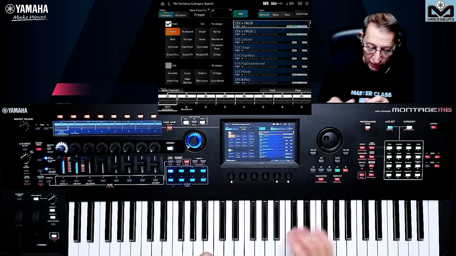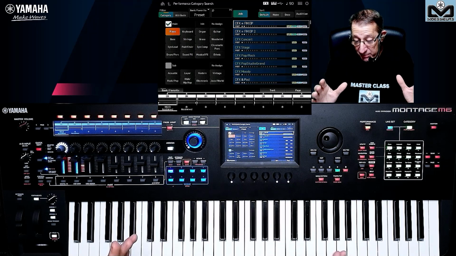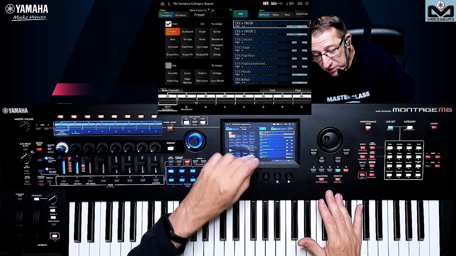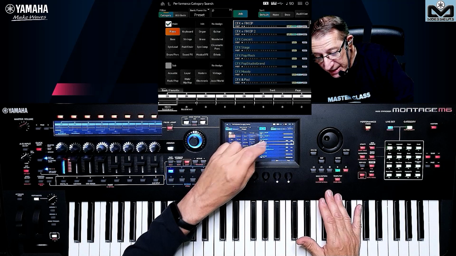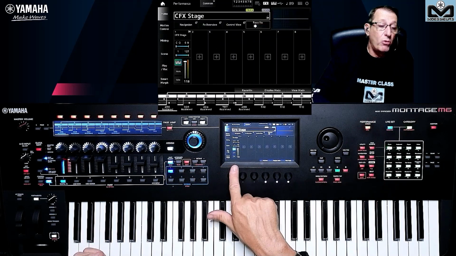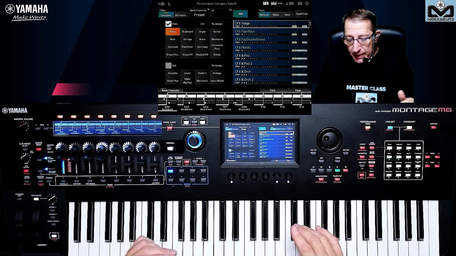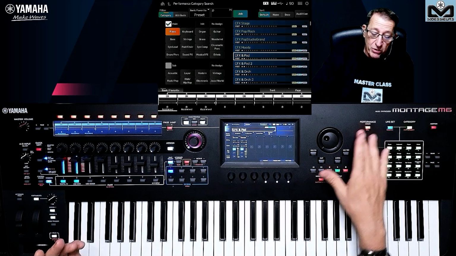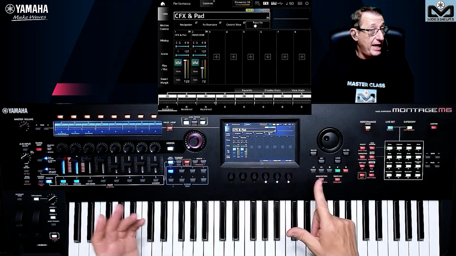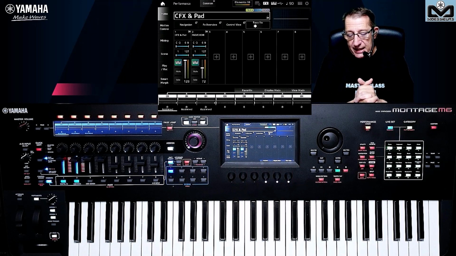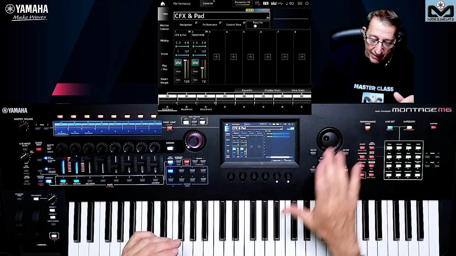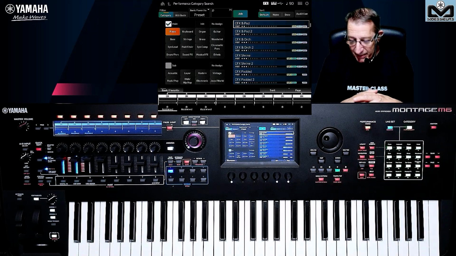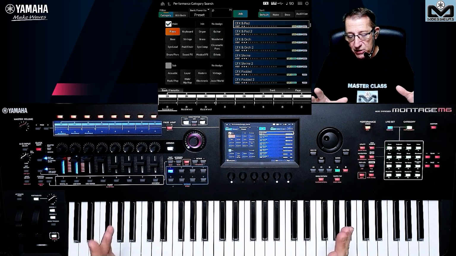We have the same color code that we have. I will go on the piano for the first. On the Montage and MODX Plus, the performance that is selected is in white. If you want to see a single part performance, it's in green. So single part, one part only, okay? And in blue, you have the multi-part performance. That means I have not only 1, I have 2, 3, 4, 5, 6, 7, 8. No more than here with the preset, okay? So that's how you see. You can change the view like that if you need, but let's go to category and come back. So this is for the color management.